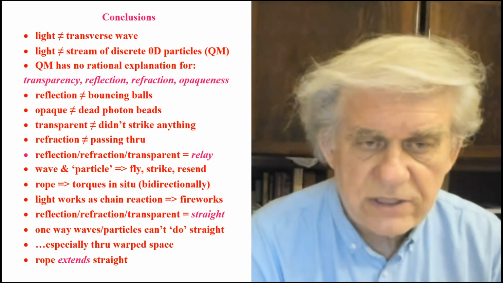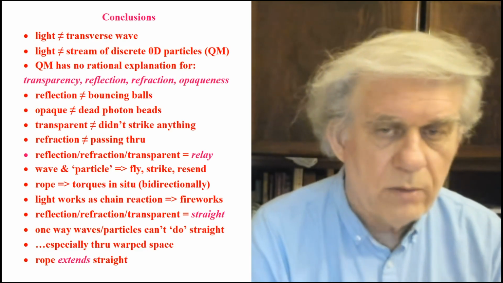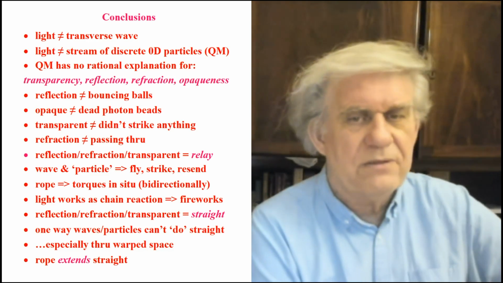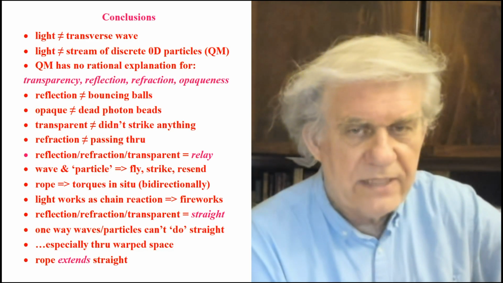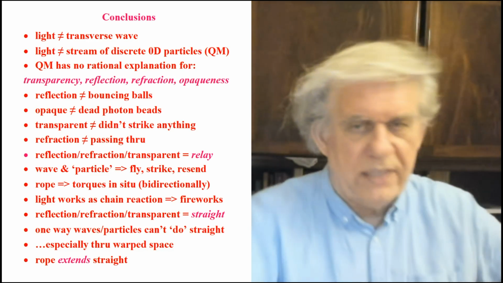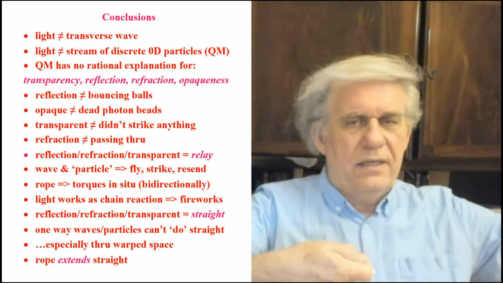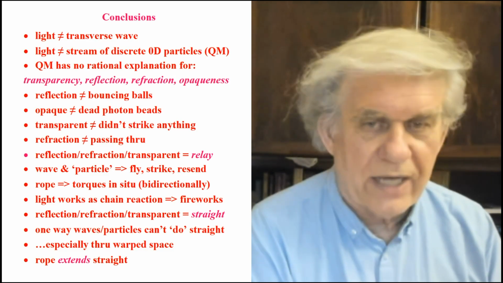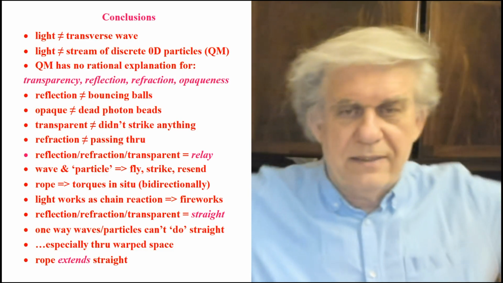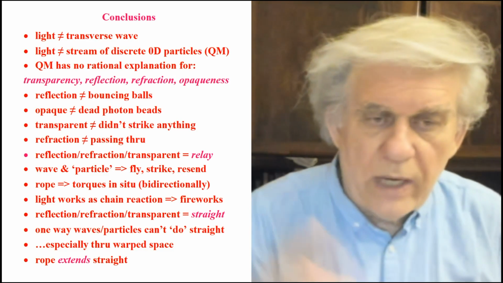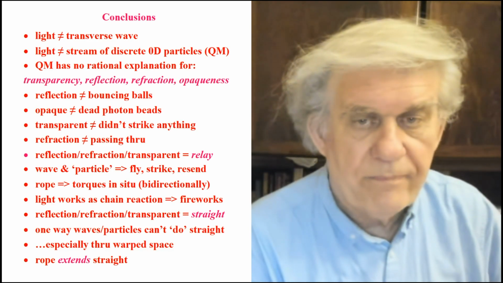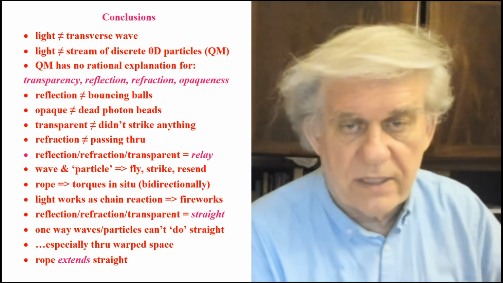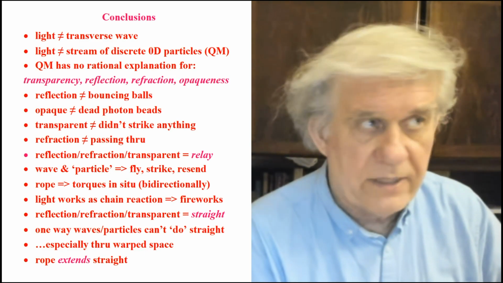Okay, reflection, refraction, transparent, always work straight. Light always travels straight. The only way you can guarantee that it travels straight is if you have a mediator that is taut, that is stretched out taut. Okay, it's tight. Tightrope walker can walk on it. Atom Man, just balancing himself. One-way waves, particles can't do straight. That's the problem. You cannot explain straightness with particles, especially if everything in the universe is moving,